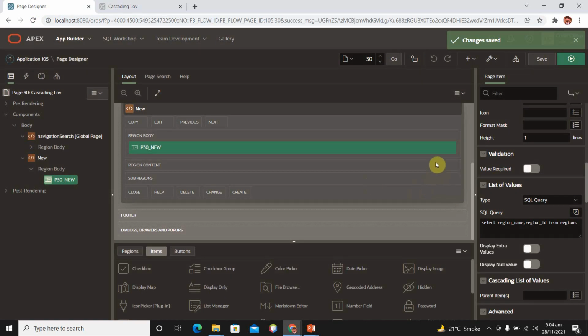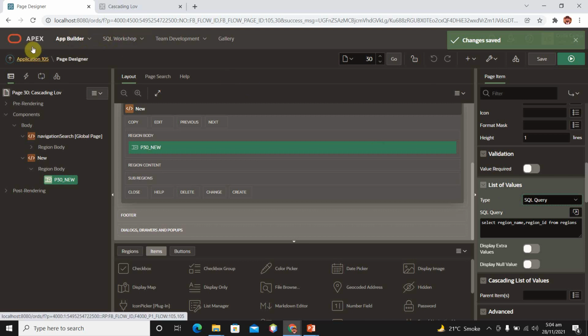The other type is shared components. If you want to use this LOV on more than one or two pages, then you should create your LOV in your shared components. So let's create our LOV in our shared components.